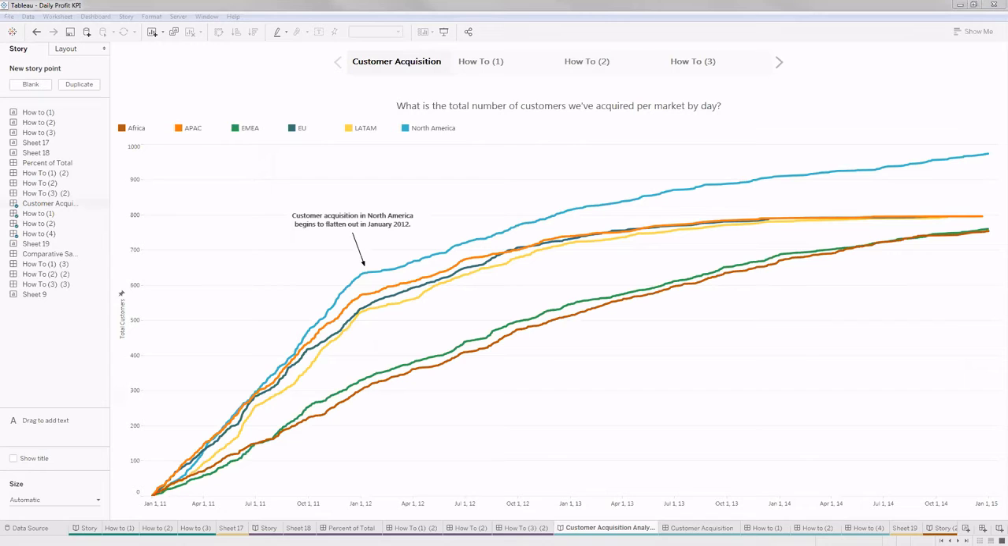This is something about customer acquisition analysis. When we say customer acquisition, we are interested in how many new customers we are gaining on a day-to-day basis. So that is the analysis that we want to look at. And here we presented a graph that gives us how many new customers have joined across each month time period for each of these different markets. Now here